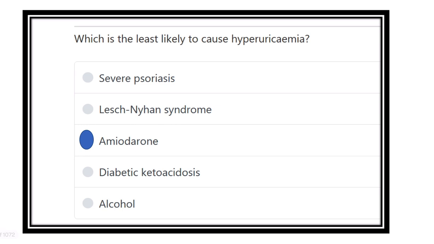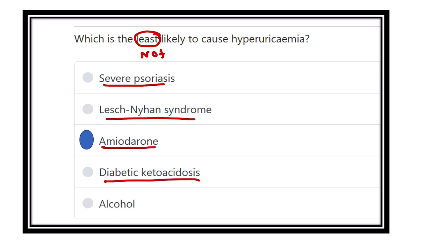Now, which is the least likely cause of hyperuricemia, that means which is not a cause of hyperuricemia? This is amiodarone. The other options here, such as severe psoriasis, Lesch-Nyhan syndrome, diabetic ketoacidosis, and alcohol, they cause